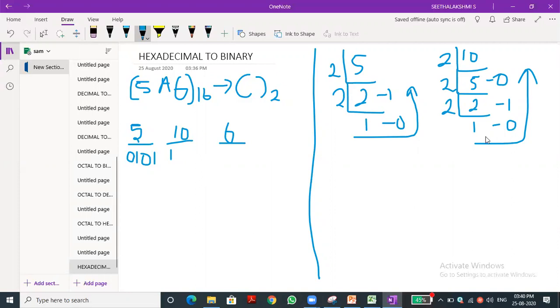1010. Reverse order, bottom to top. That's what I drew the arrow for also. You can see 1010, bottom to top. We need to take it in this reverse order. So 10. Tell the number. 1 0 1 0. So yeah, 6, if you take it, what is the thing?